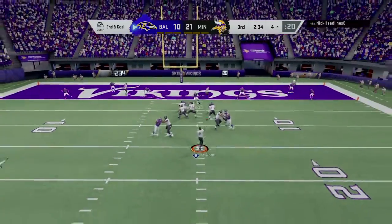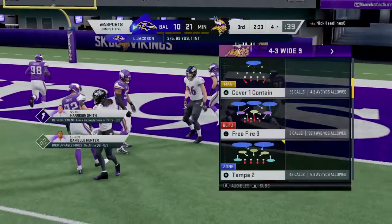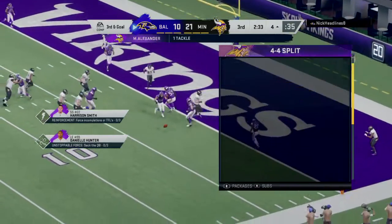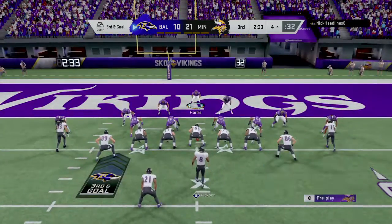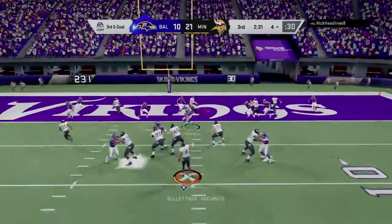Here's Jackson. Toward the end zone, but that's going to wind up incomplete. Trying to get their tight end involved finally. That's the first time that they've looked his way. He's kind of been a forgotten man in this offensive scheme. Yeah, it didn't look his way at all in the first half, and I'll bet you the offensive coordinator made a note at the half and said, let's get him involved because...